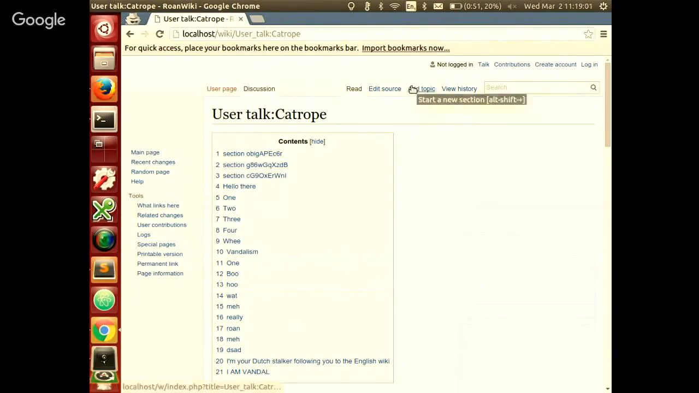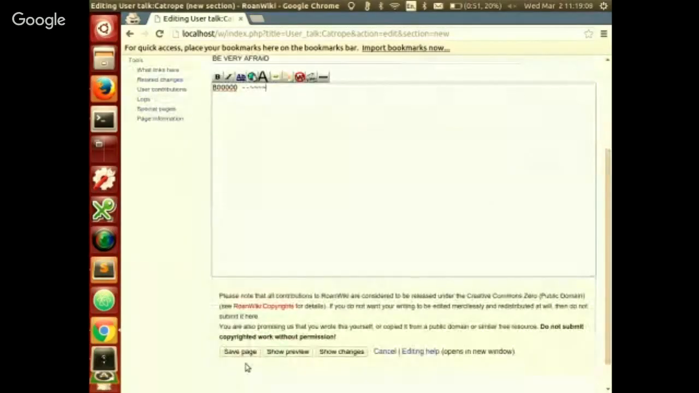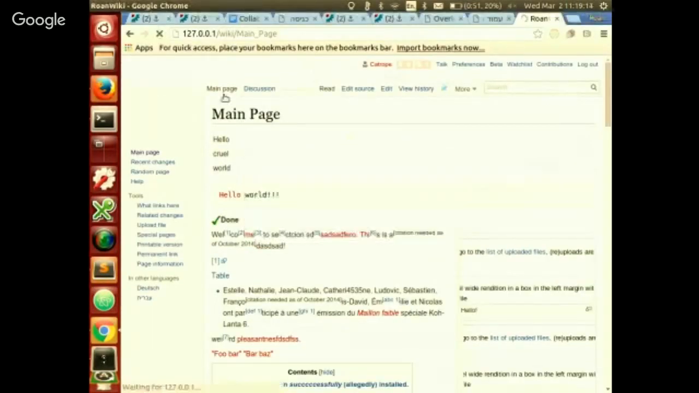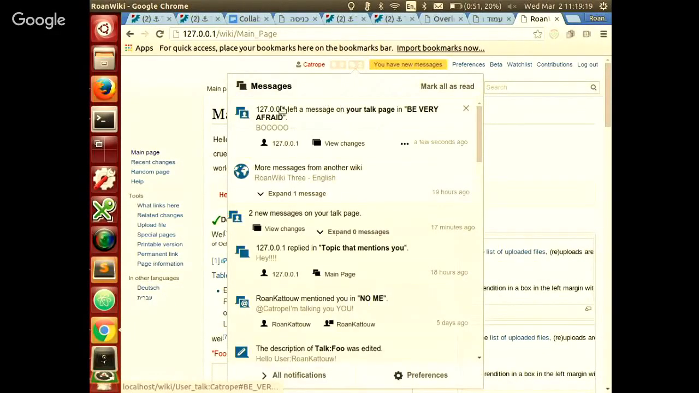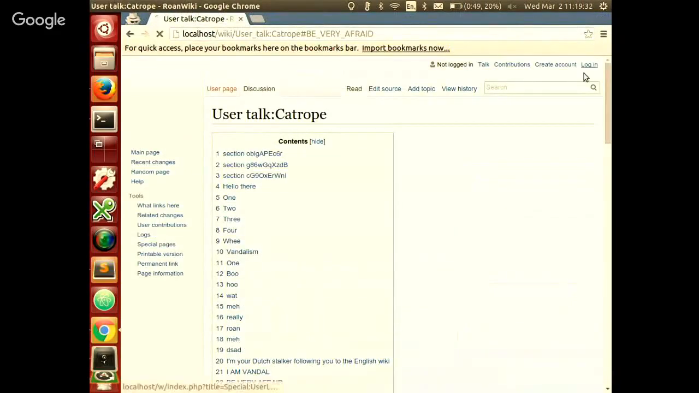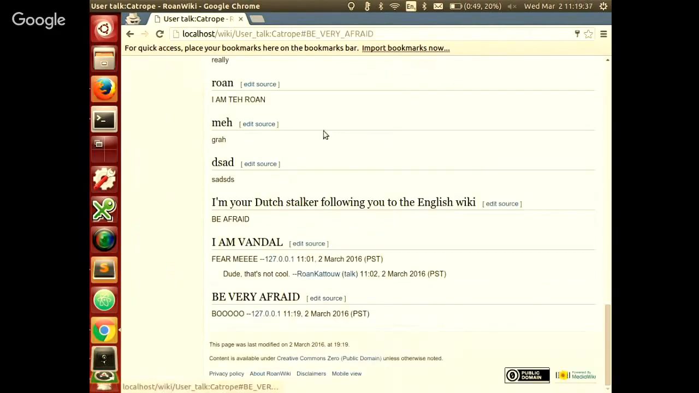I'm an anonymous user editing Cat Rope's user talk page, and I'm going to write something, and when I do this, Cat Rope will get a notification, and it will show all the details of what I just wrote. It will say the section name, it'll give you a preview of the content, it will tell you who did it, etc. But if a different user comes in and responds to this comment,